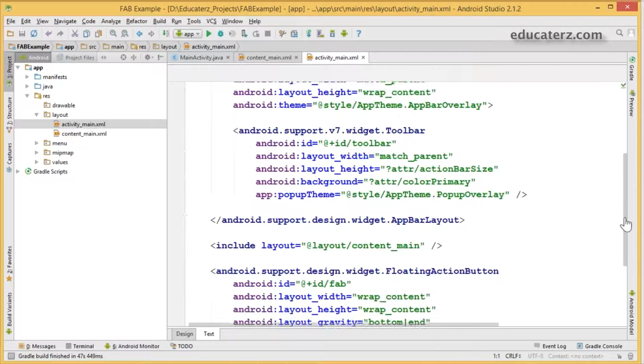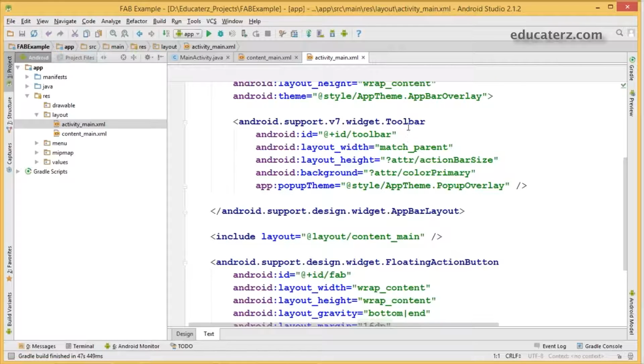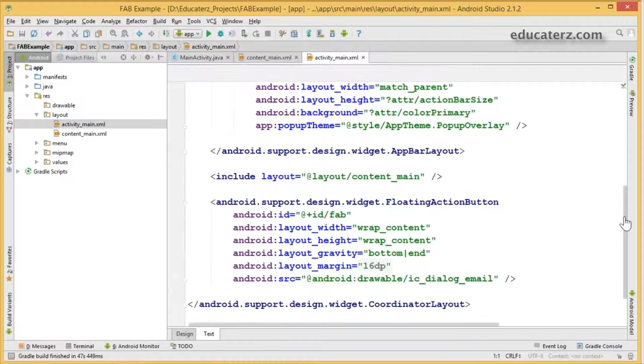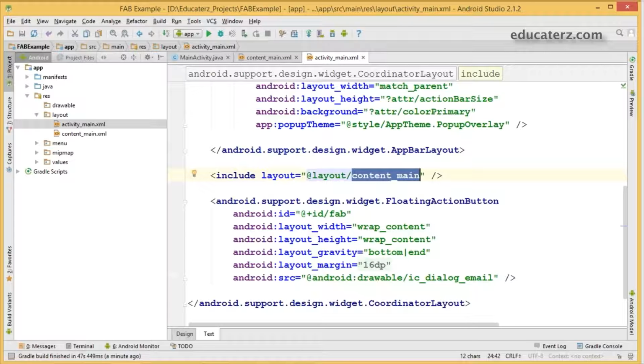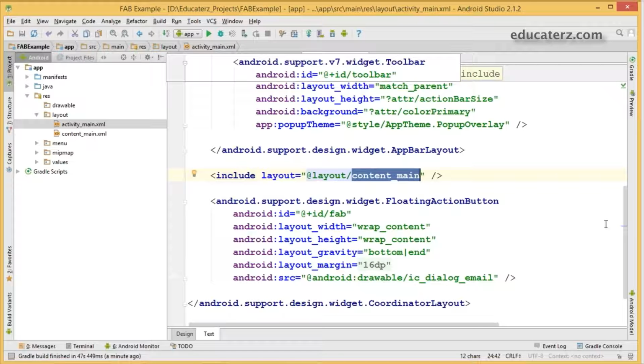We use the support library toolbar, and set the theme as popup overlay, and include your layout content_main. All of the design or content of your particular UI will be designed inside the content_main.xml file, which will be inserted in your activity_main.xml.